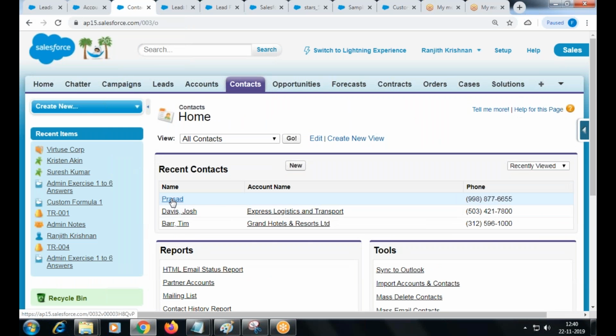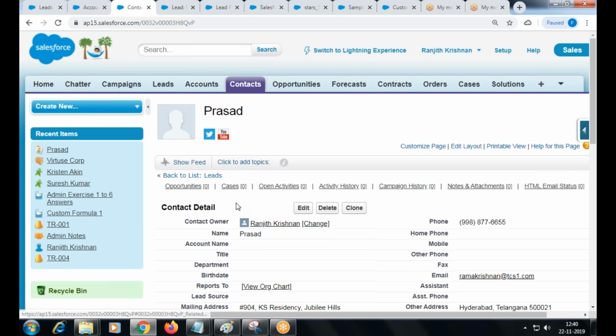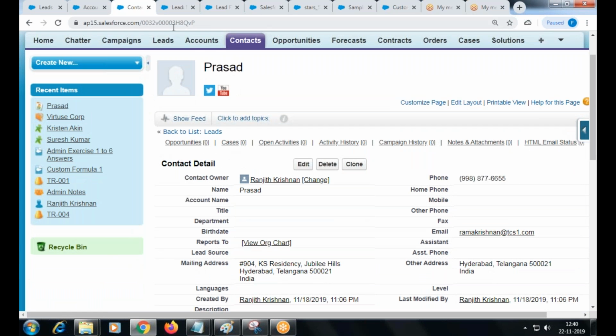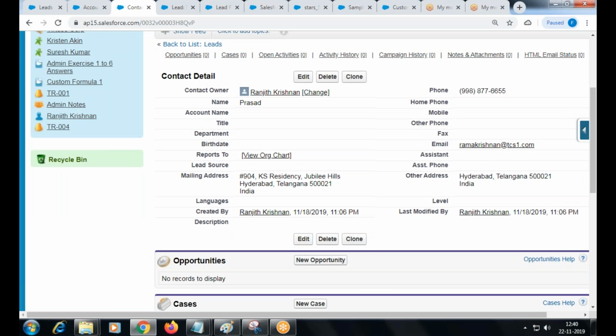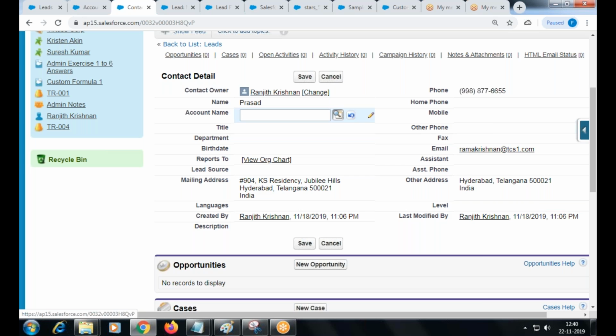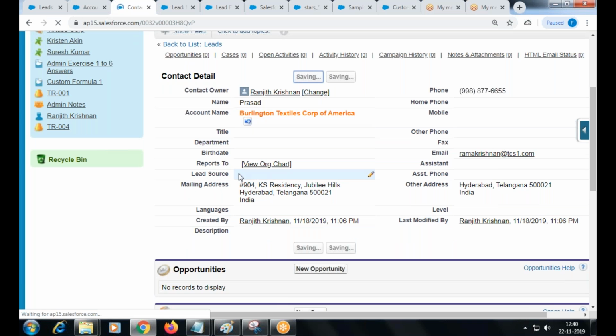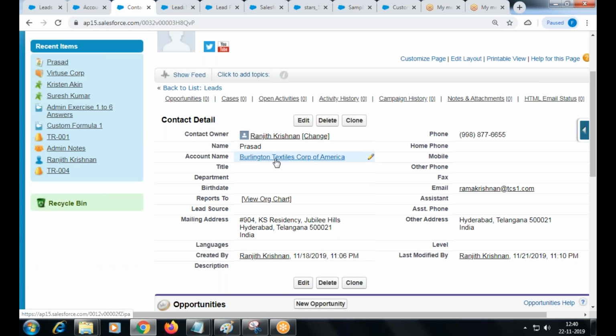And what are the other simple things you can do in a formula? This is my contact record. Okay, this is my contact record, and I have a parent as account. We have discussed this, right? Account is at the top, your contact below your account. So here I only see the contact fields, whatever fields are part of the contact object. Okay, you can relate the account with some contact also. Now this contact belongs to this account.